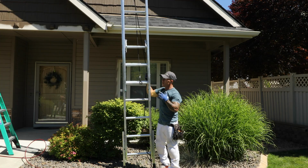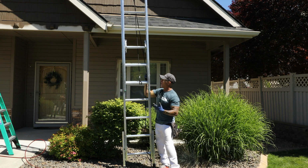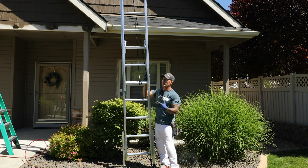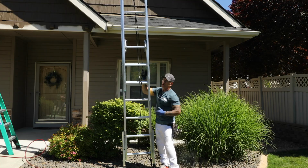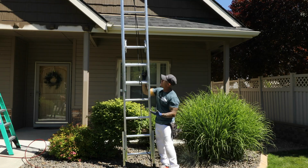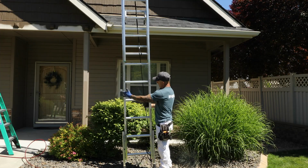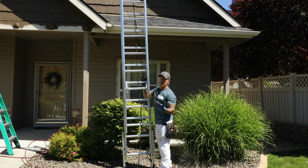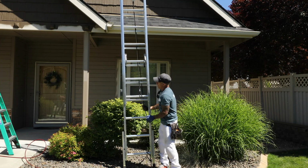Okay, I got another tip for you, and it's wearing gloves. I always talk about wearing gloves, and I wear gloves for a lot of reasons, but when you're working with extension ladders all day long, these climbing ropes that are attached to these extension ladders, ratcheting them up and down, you can get burns on your hands. That's never gonna be an issue, and you can grip the rope a lot easier. So the rope is gonna be sliding in my hand as it's going up and down, and it doesn't actually burn or hurt my hands at all